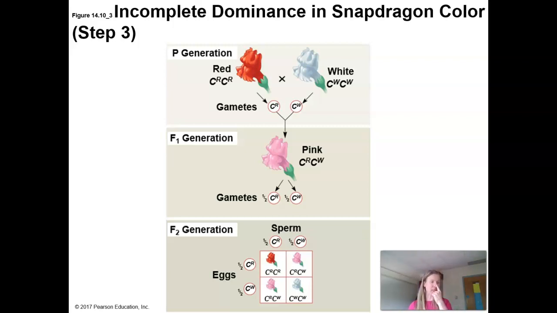But notice what happens. It still follows those rules; it's not like white disappears. If you go ahead and cross that F1 generation, you actually go back to having some red and some white and some pink. So it's not showing a blending hypothesis. It's still that particulate hypothesis. Okay, but there is incomplete dominance. That doesn't follow Mendel's rules.